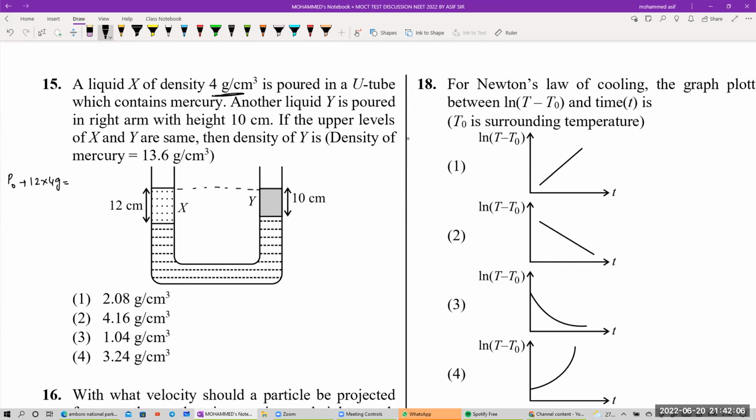यहाँ पर on the Y side भी atmospheric pressure है, P naught plus यहाँ पर इसकी density हो गया, मान के चलो ρ into height है 10 into g। उसके साथ right now this amount of the liquid के साथ right now क्या हो रहा है? देखिए ये 10 सेंटीमीटर है, उसके साथ यहाँ पर जो amount अभी बच गया, basically ये 2 सेंटीमीटर, क्या हो जाएगा? Liquid का भी weight होगा balance के लिए,